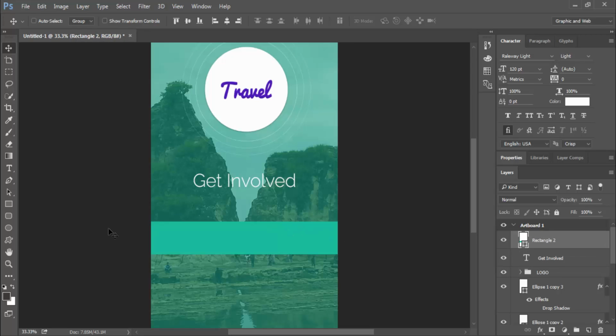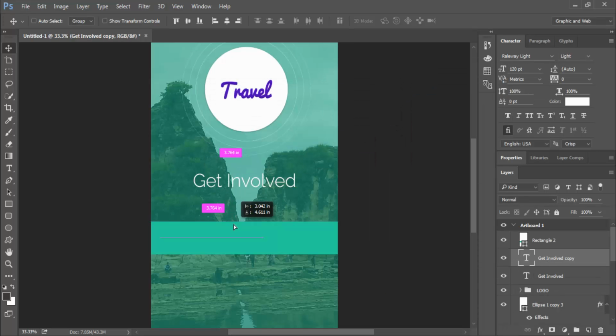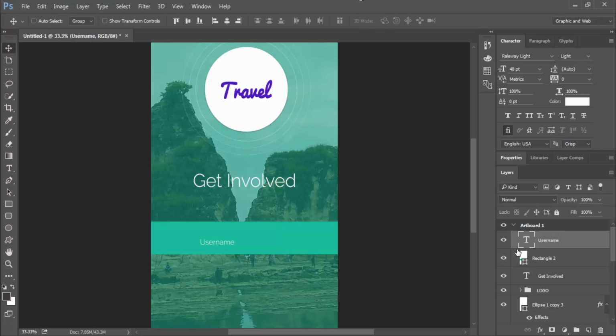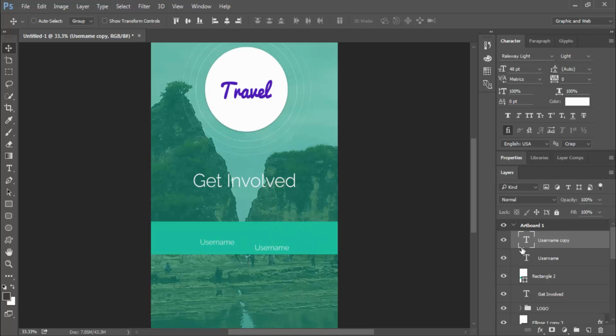And now go into the text tool, or we can duplicate from here, and move the layer above the rectangle and change the font size to 48, and give the name Username, and you can duplicate the username as Email.